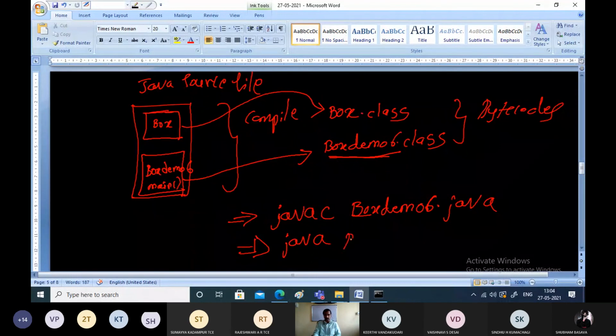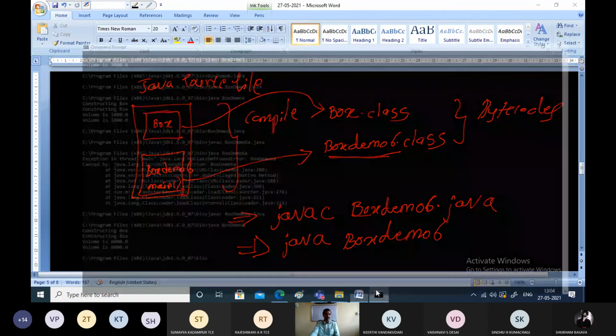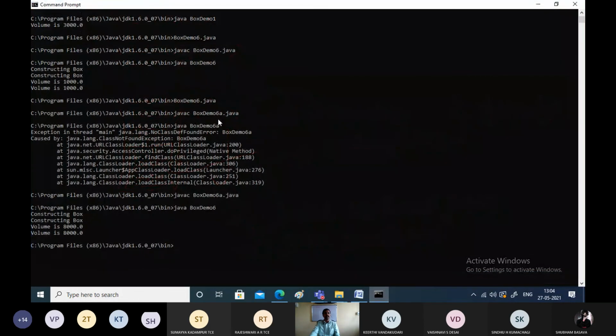That's why we have to give the name BoxDemo6. If there is any change in this, the program will not execute. That was the case just now: earlier I gave the interpreter the bytecode name as BoxDemo6a, but in fact it was BoxDemo6 only. So when I changed it, it got executed.